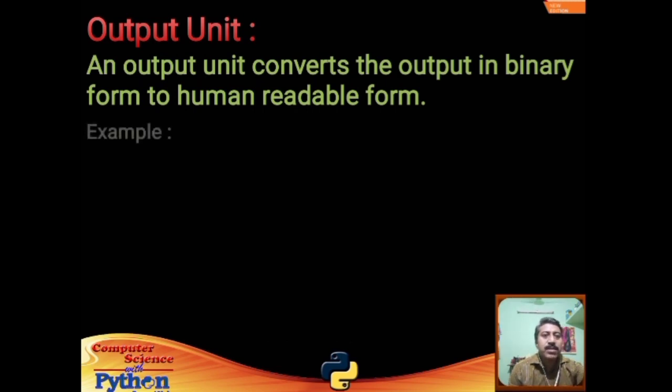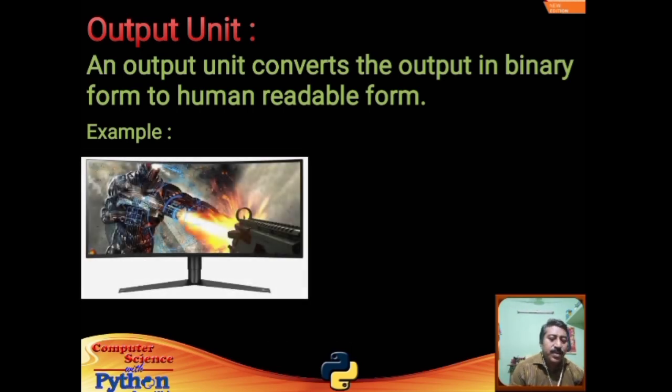So let us give some examples. The first example is the monitor, or we can say the screen. It is the most common form of output from a computer. It displays the information in a similar way to a television screen, and the picture on the monitor is made up of thousands of tiny colored dots called pixels. The pictures shown on screen are in the form of pixels.